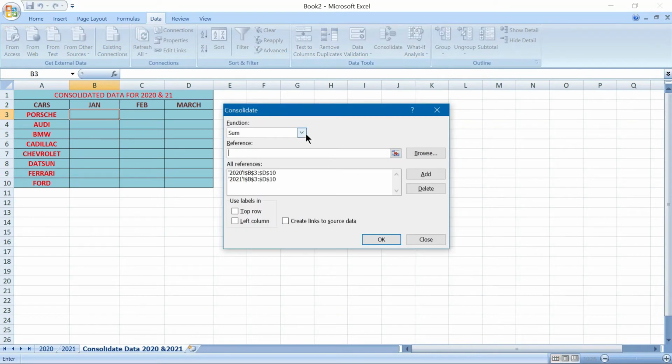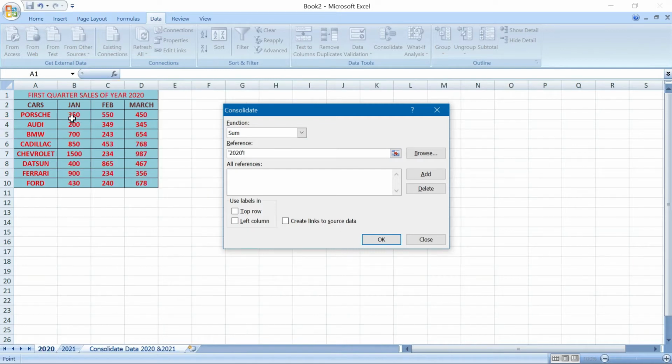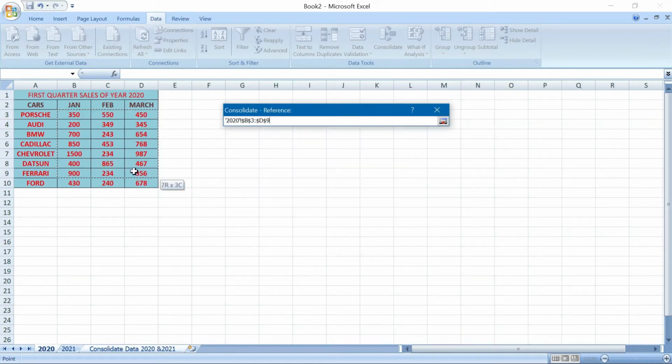Consolidation. Okay, now what we will do is I'll just delete the things once more. Okay, and this one also I'm deleting and I'm doing it once more. So now I'm doing sum out here, clicking on it and then I'm going to this cell, 2020. Okay, all right, I'm going to the reference, and then you have to come to the reference first, then you have to highlight it like this.